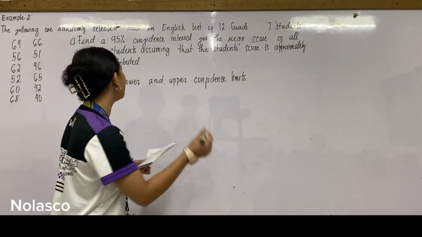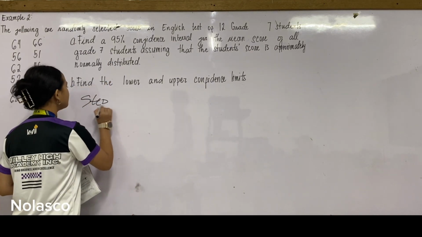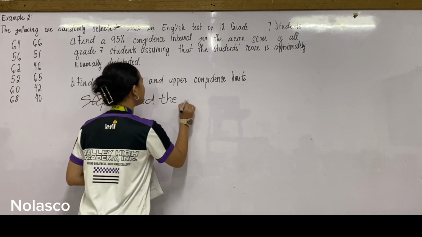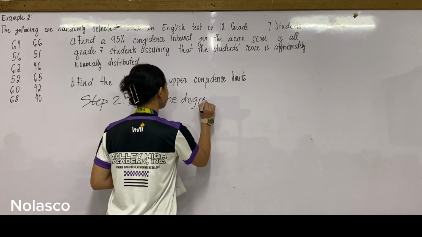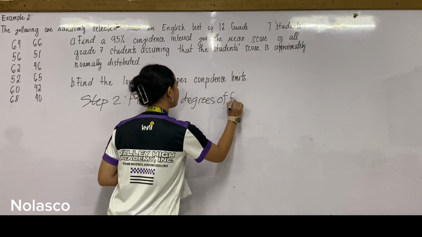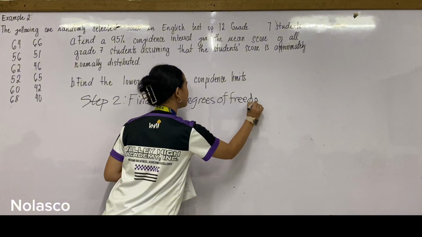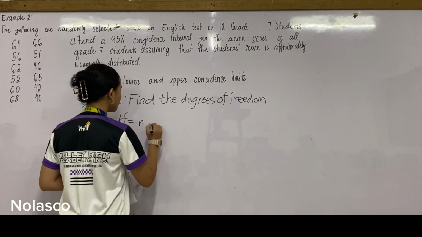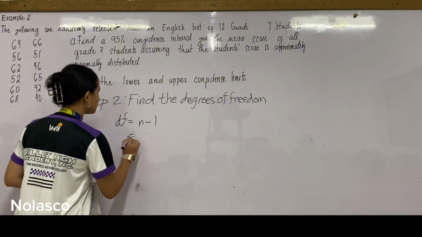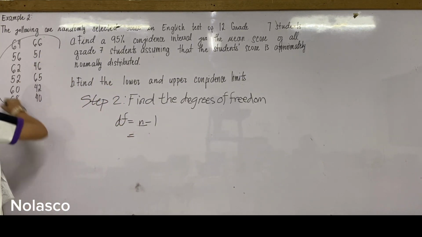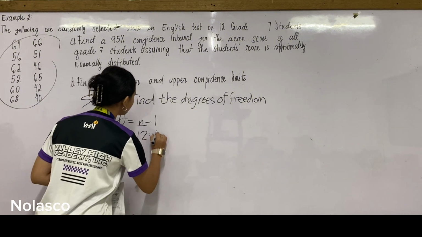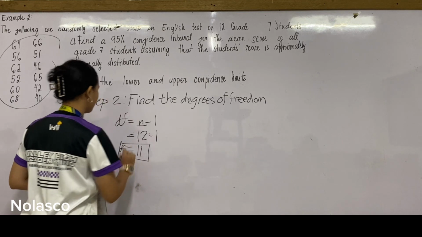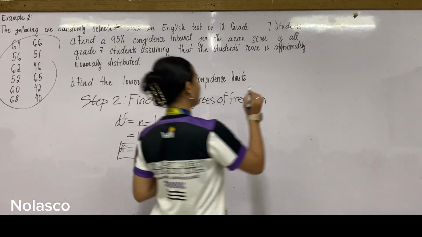So our step 2 is we need to find the degrees of freedom. So our df is equal to sample size minus 1. Our sample size is 12, and 12 minus 1 is equal to 11. That's our df. So our step 3 is